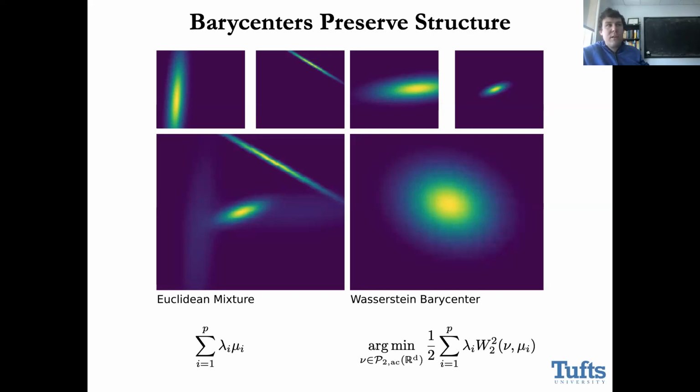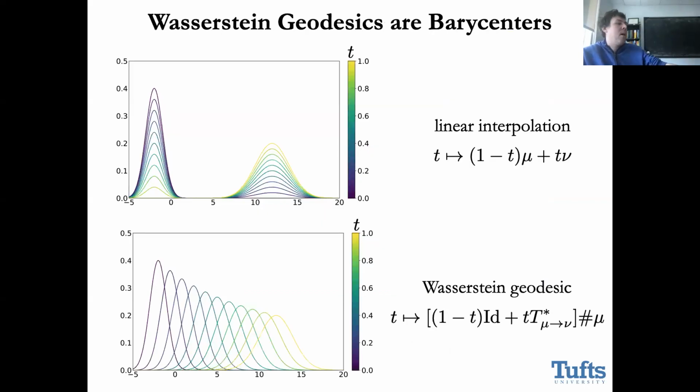The Wasserstein Barycenter is different in all these regards. For one thing, its support is not necessarily going to be the union of the supports of these things. It does preserve the structural properties, in the sense that what I get is a Gaussian, and it itself has support that maybe wouldn't be so likely from any of the constituent atoms. So I want to argue that this is essentially the right way to combine these things. The problem, of course, is that linear mixtures are really easy to compute. Wasserstein Barycenters are challenging in this regard.